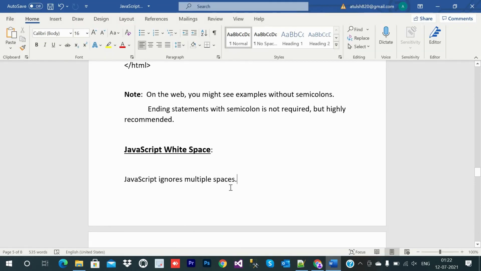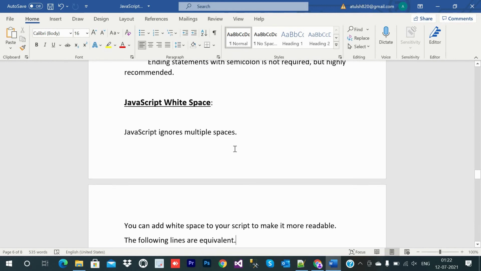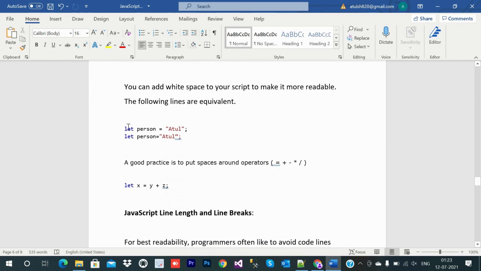Now we will discuss JavaScript white space. JavaScript ignores multiple spaces. You can add white space to your script to make it more readable. For example, if we are declaring a variable using the let keyword, let person equal to Atul.